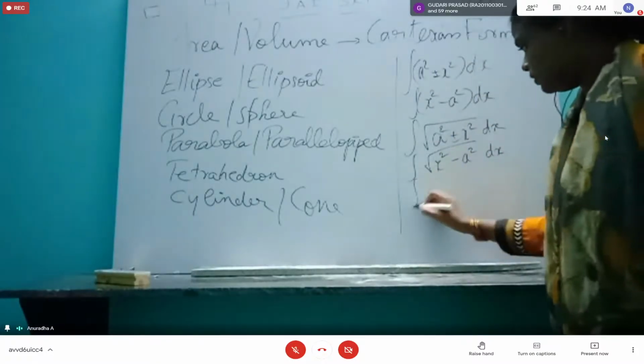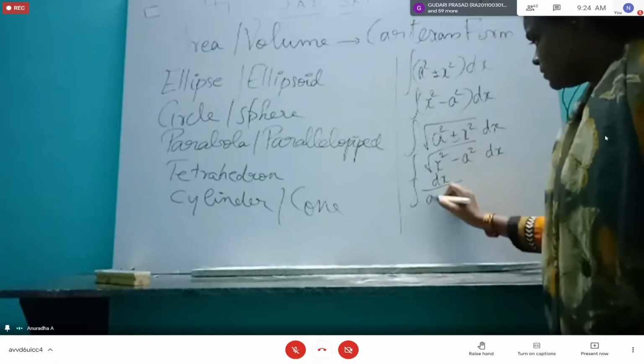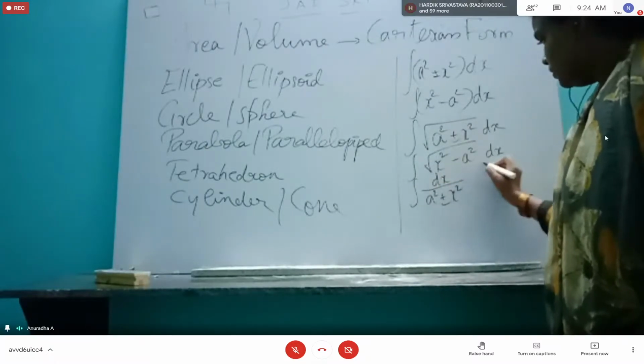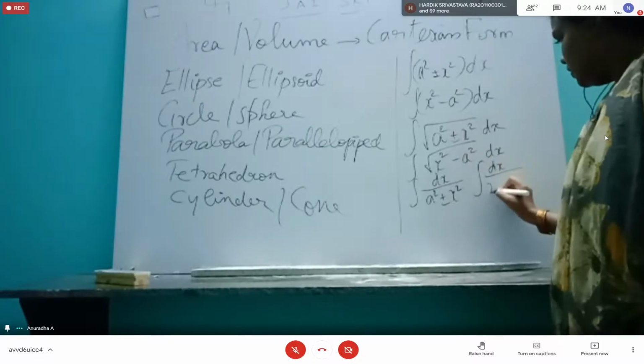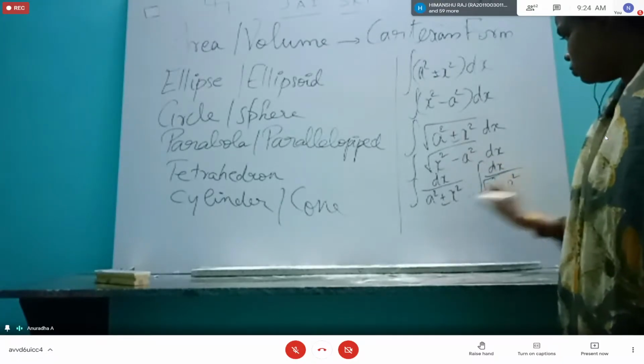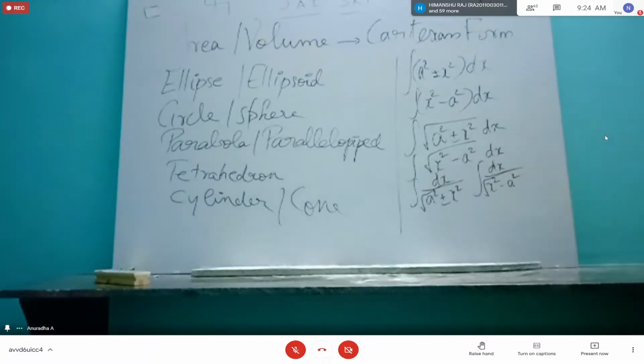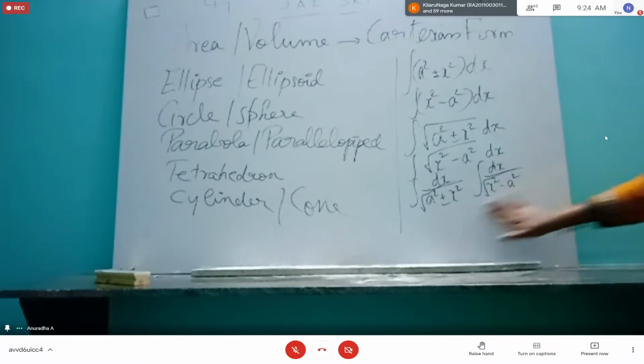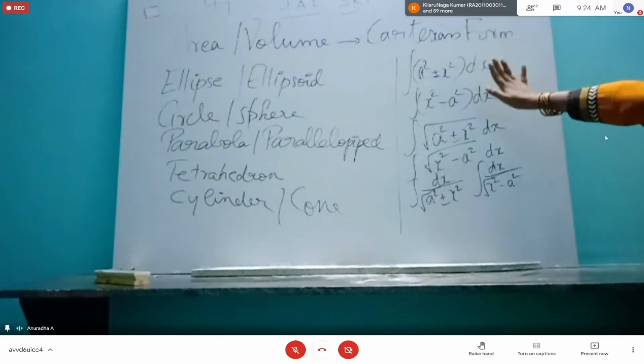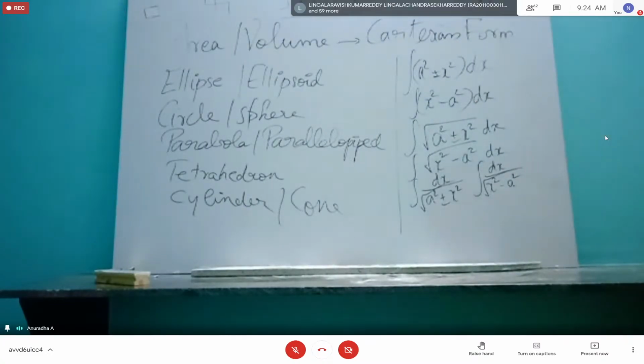Those formulas also you have to learn. dx by a square plus or minus x square, dx by x square minus a square. For all these roots, with root, without root, all these formulas you have to learn. Other things you don't know, all you have omitted, don't worry. This is part C. Sure, 3 mark or 2 mark, whatever they are going to fix, this is part C. Surely one question minimum you can expect here, for CT 2 to 3 questions minimum. So please learn these integration formulas.